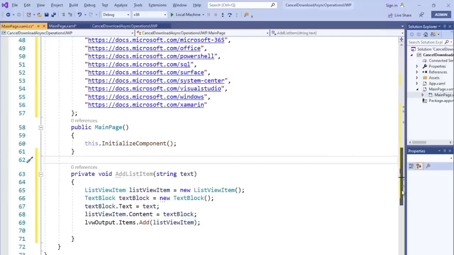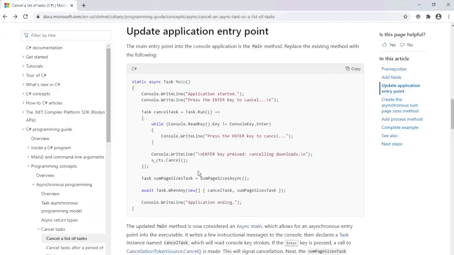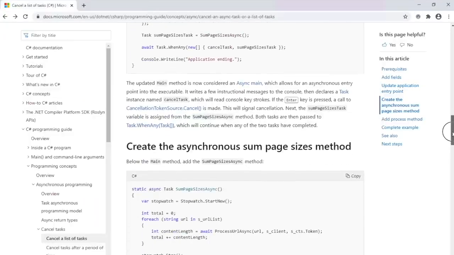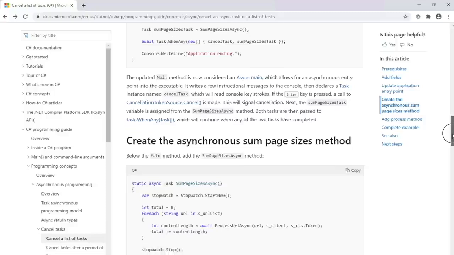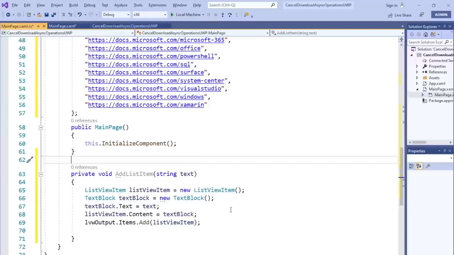First, let's create two private methods that are responsible for downloading the relevant content, calculating the size of the relevant content, and outputting status information to the user regarding the relevant downloaded content. So in the Microsoft Docs web page, let's look at the section entitled Create the Asynchronous SumPageSizes method. Let's copy this method and appropriately paste the method within our